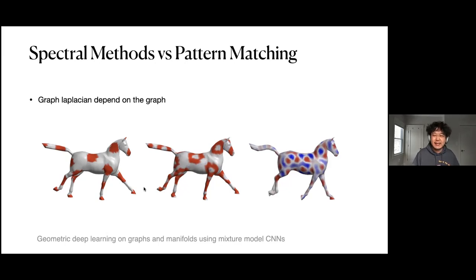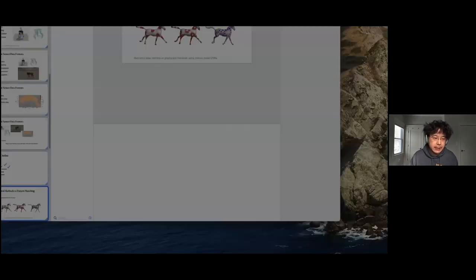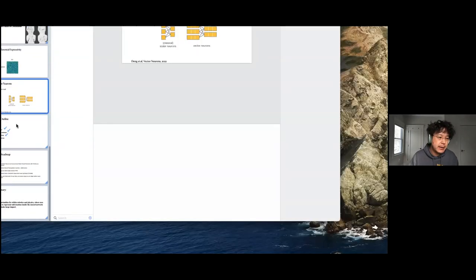The way people in the geometric deep learning field solve this problem is by adding localization. What that means is they're doing what a convolutional neural network does, applying pattern matching to the manifold piece by piece. So we can derive a lot more intuition from re-examining a convolutional neural network instead of looking at the spectral features. And methodology-wise, this gives us confidence that the way to create equivariant neural networks is by focusing on